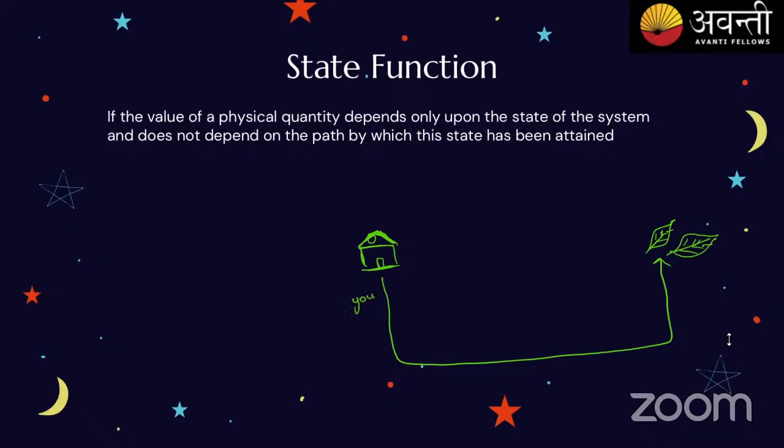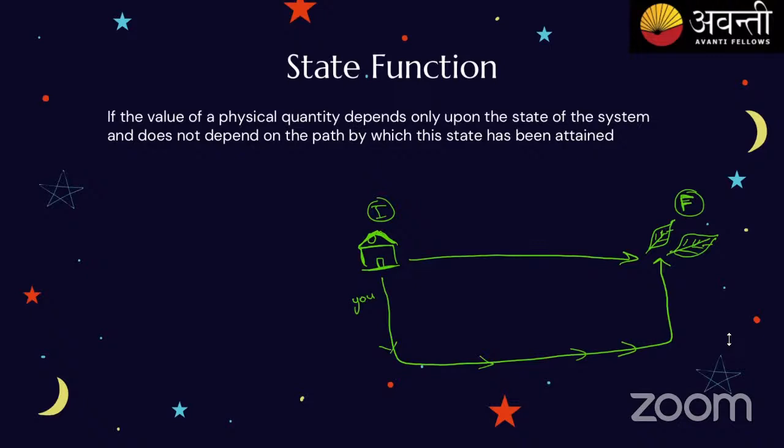This is your final position. Now, same thing, your brother is taking the shortcut, the direct route. In a state function, what we'll be seeing is directly the initial position and final position. We'll not be seeing whether you are going through a long path or short path. Whether you take the long path or short path, no issues. The only thing we will be seeing is whether you are reaching the final point or not.